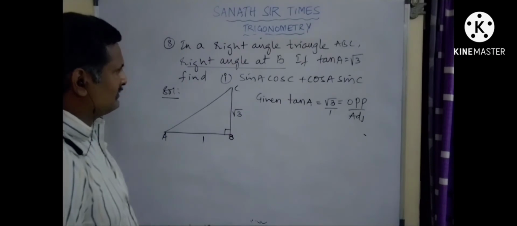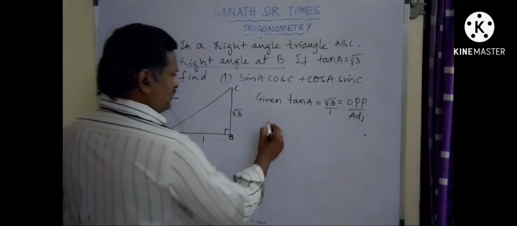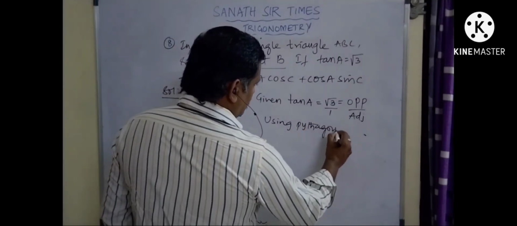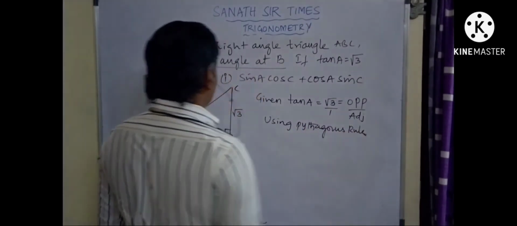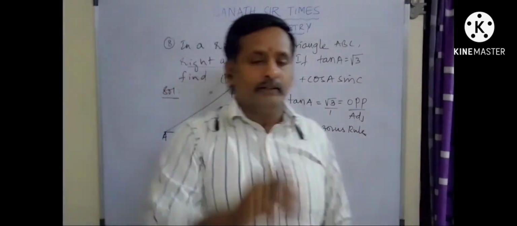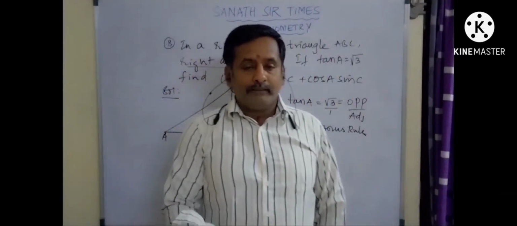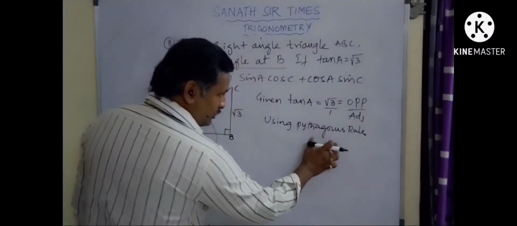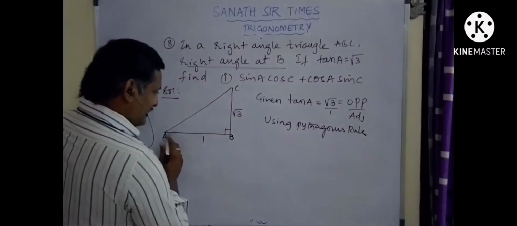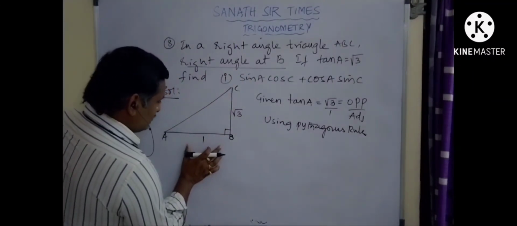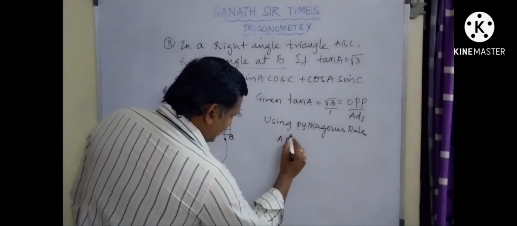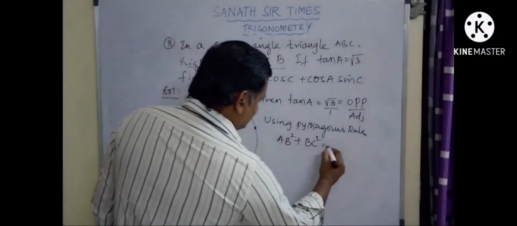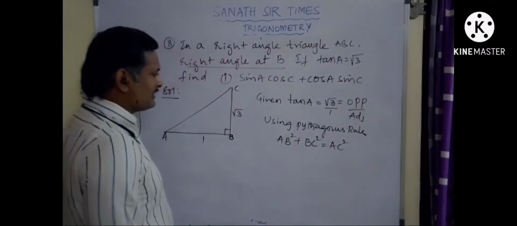Again the same story, using the Pythagoras rule. You could have imagined the importance of the Pythagoras theorem, which was learnt in your geometrical part, but will be mostly applied for the complete part of trigonometry. Make sure this should be clear to you, the Pythagoras rule. What is that? Pythagoras rule means the sum of the squares of the smaller sides is equal to the square of the larger side.